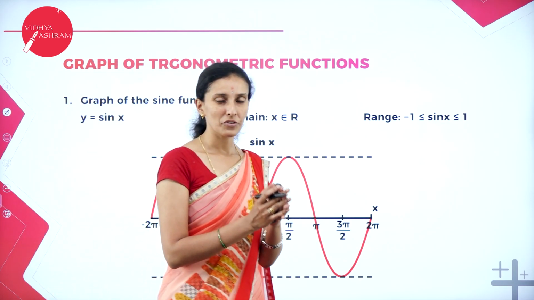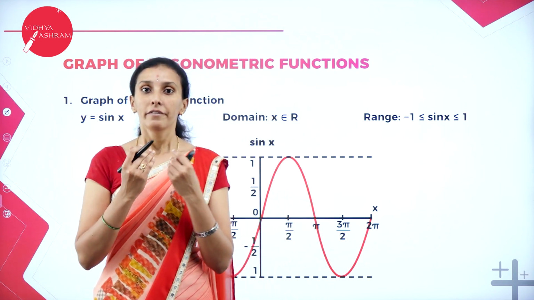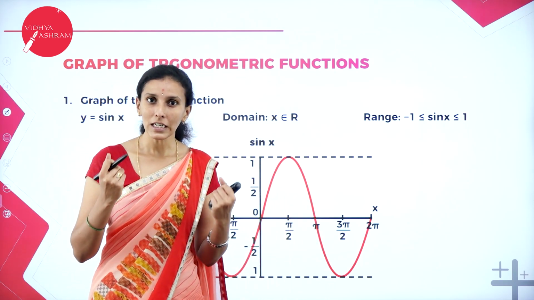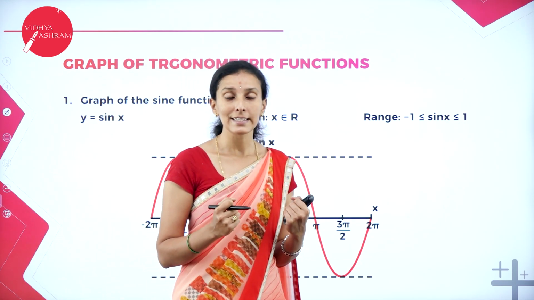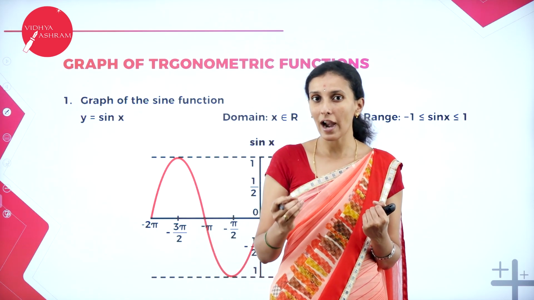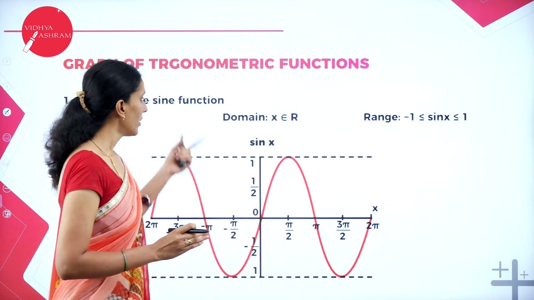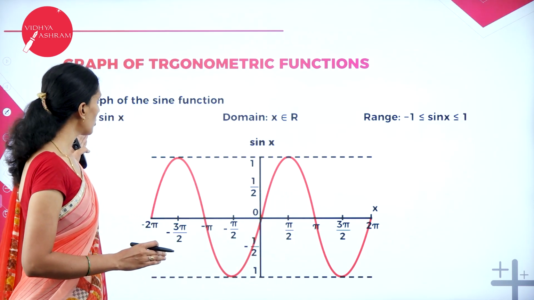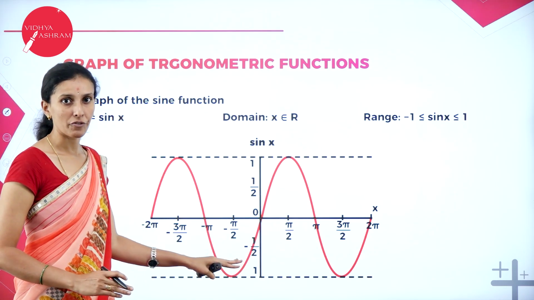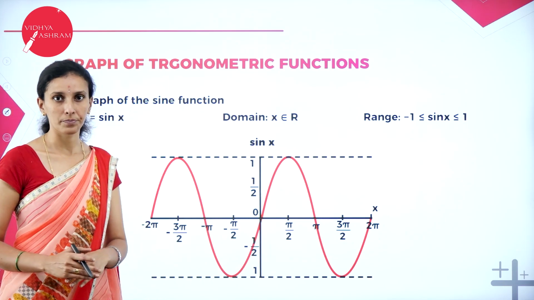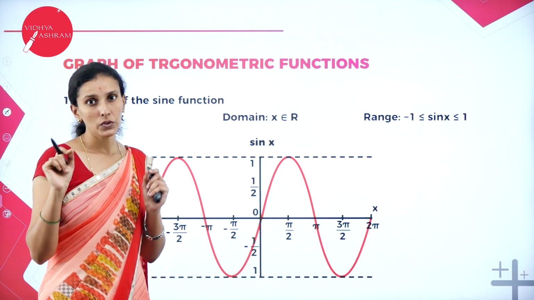Here we have a very important and interesting concept, that is the graph of all trigonometric functions. We know how to draw the graph of a function in terms of coordinate axes. In chapter 2, that is relations and functions, you have studied some standard functions with their graph, domain and range. Similarly, you are studying how the function sin x and other trigonometric ratios can be expressed in terms of graph, their domain and range. But to draw a graph, you should know all the standard values, at least from 0 to 90 degree.